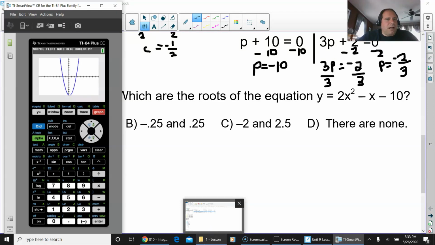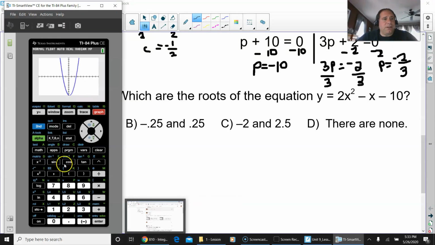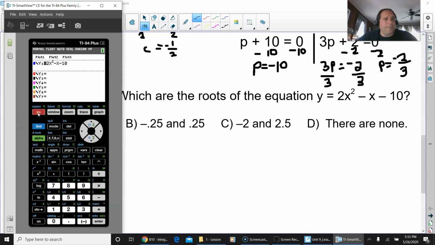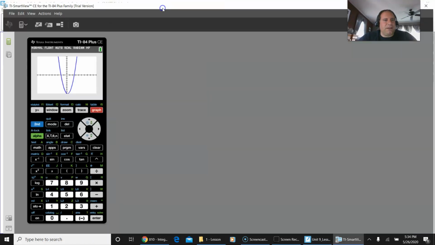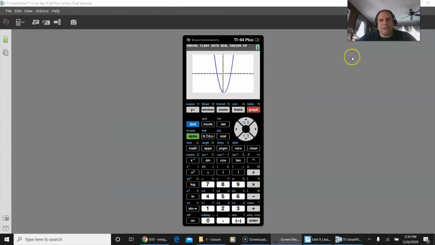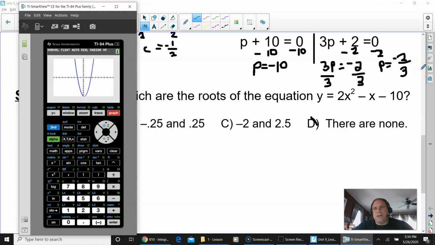So just take a look. I graphed it on my calculator. I inputted the 2x squared minus x minus 10. I pressed graph, and I have that. So D is out, right? Because there are definitely some roots here. So if you watched my other video on how to get the roots